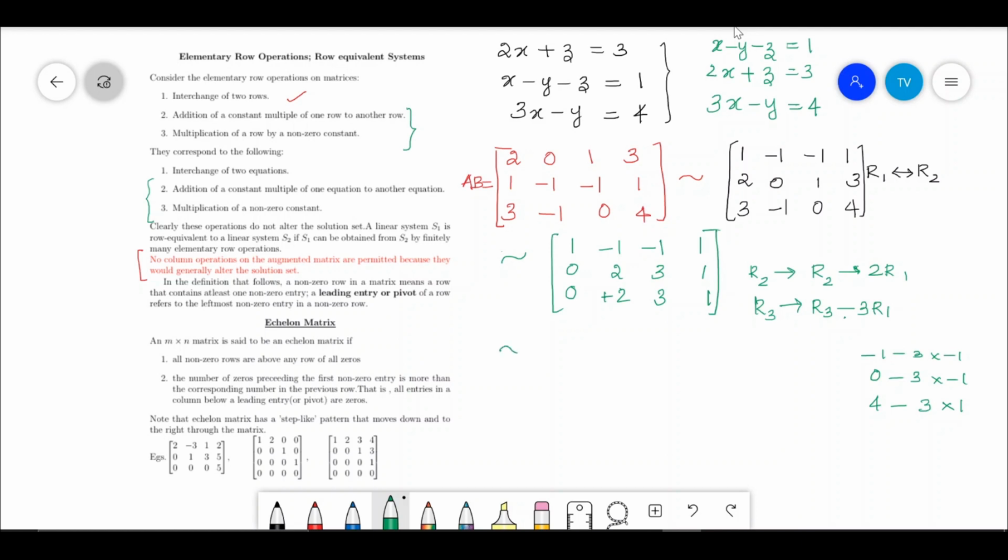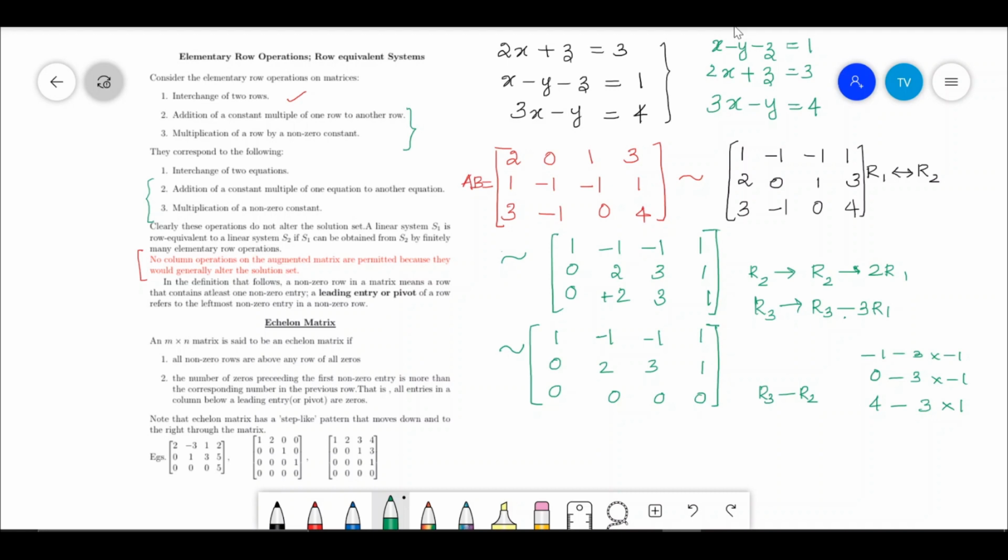Now I can still make this matrix simple. You can see that this second row and the third row consist of the same set of elements. So subtracting one from the other, you can make one row of zeros only. So let me make that transformation also before proceeding to the next concept. So 1, minus 1, minus 1, 1. The second row, let me keep the second row as it is, 0, 2, 3, 1. And the third row can be converted to 0 by using the transformation R3 minus R2. R3 to be converted as R3 minus R2. So let me have all the three transformations so that I can have a very simple matrix.